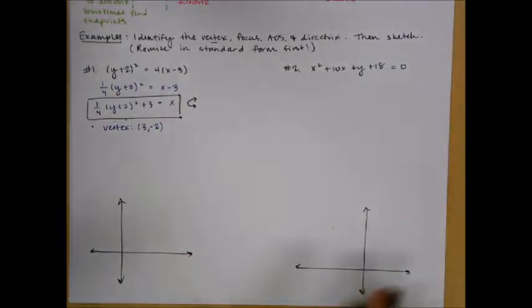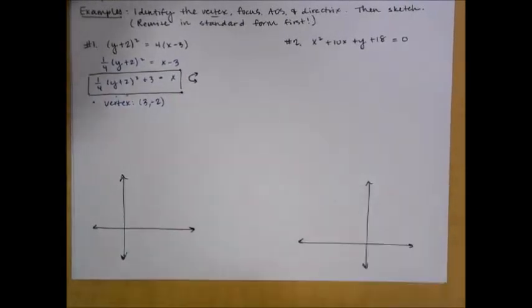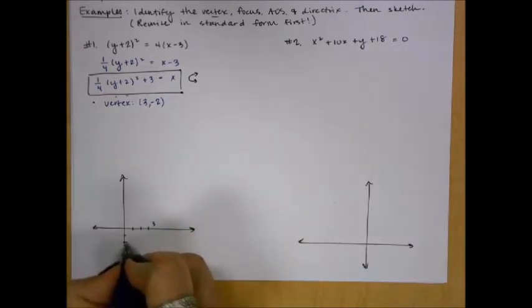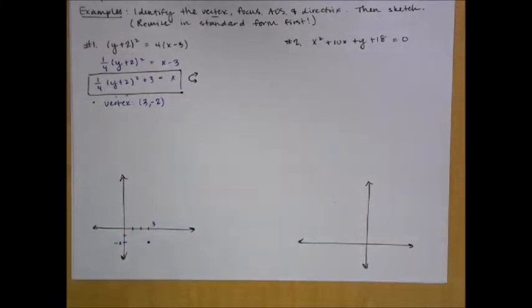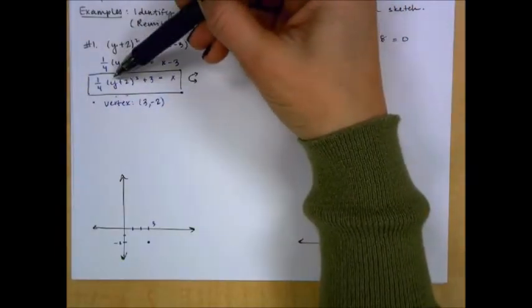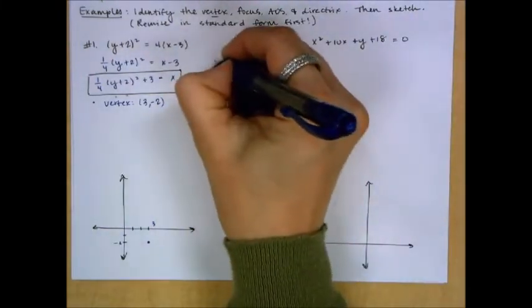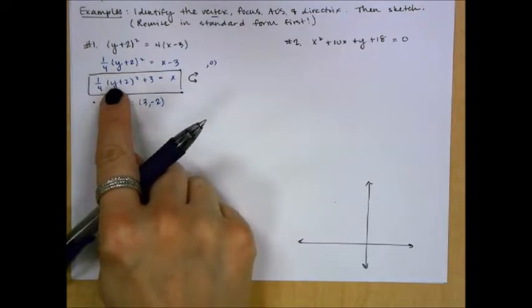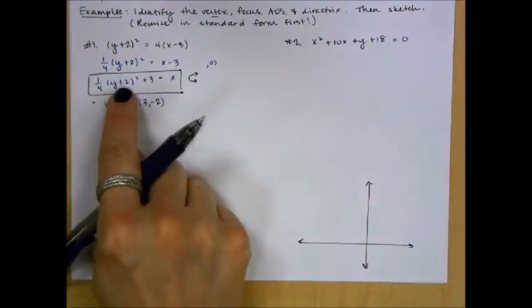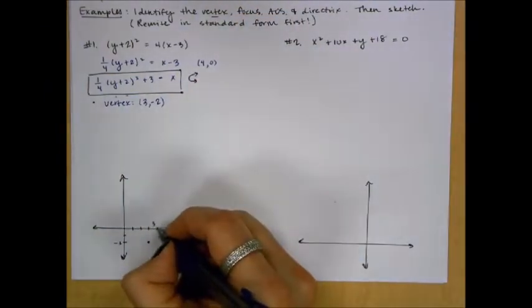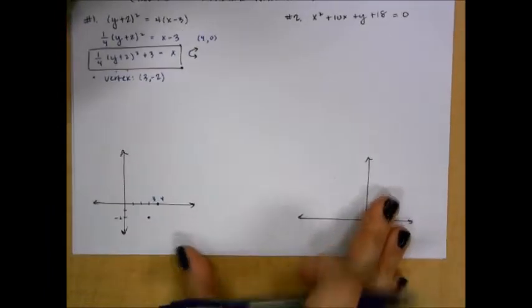So we can sketch as we go. So let's add on our vertex. So 3, -2. That 1/4 does make the opening change just a little bit from a normal width. So if we want, we can plug in a number for y, and it looks like 0 would be a nice number. So if we plug in 0 for y, we end up with 2 squared is 4, 1/4 of 4 is 1, plus 3 is 4. So there's the point 4, 0